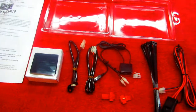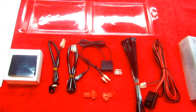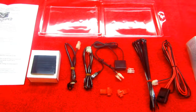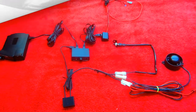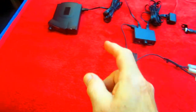I just wanted to show what all these parts look like, because it can be intimidating to open up a box and have all these connectors and everything. But if I run into a problem, most of my friends that have already got this set up, I can give them a call and find out what I'm doing wrong. So the first step is I laid out everything according to the instructions. According to the diagram,